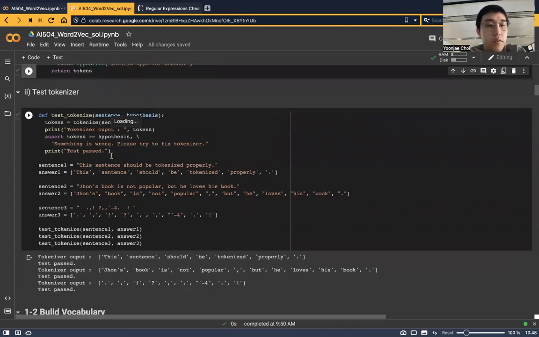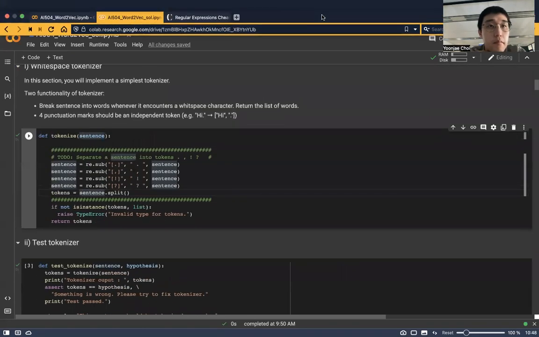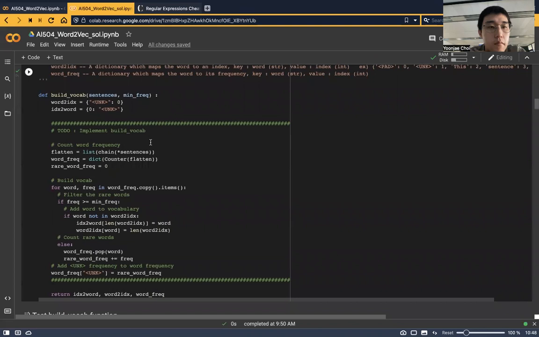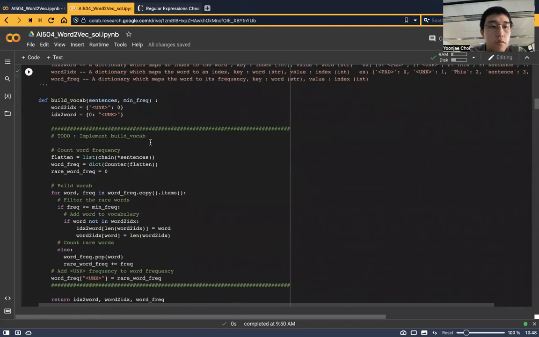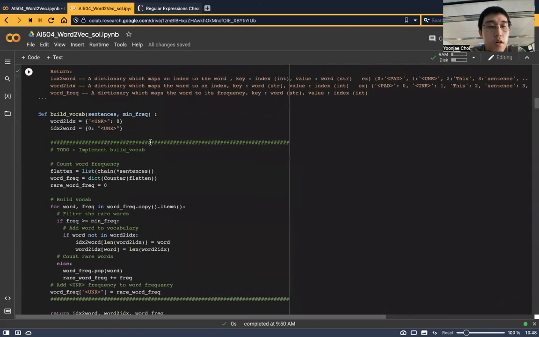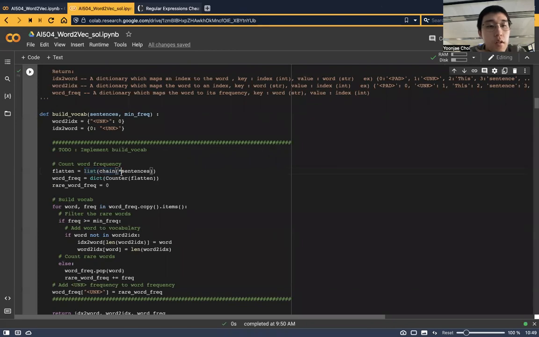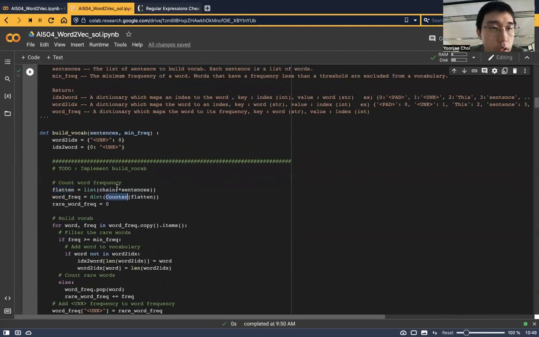Right, I will show you my solution. Yeah, so it's simple. I will explain only some important lines. So list and chain with a star means that it concatenates all the lists of words into a single list. So this flattened list contains the words that occur in the corpus, and we use the counter